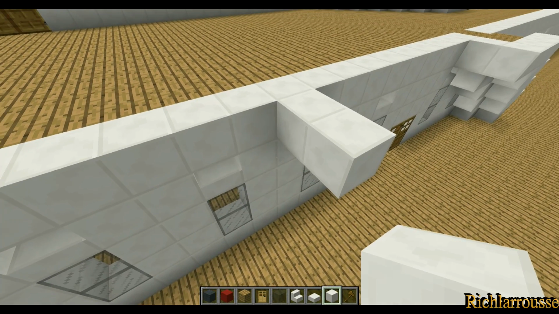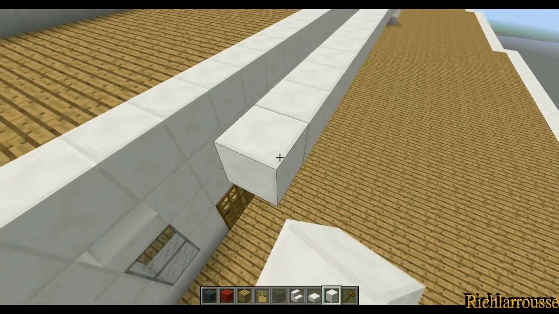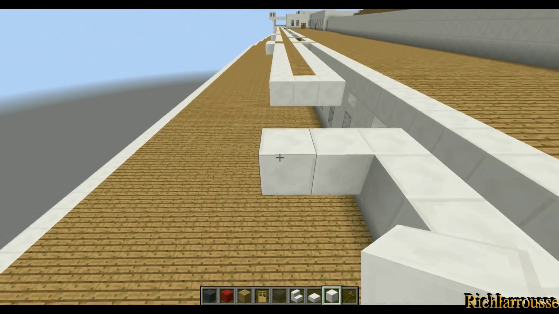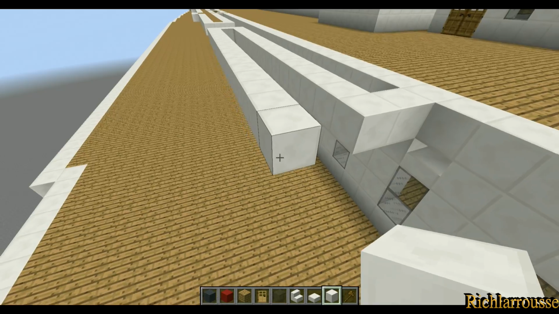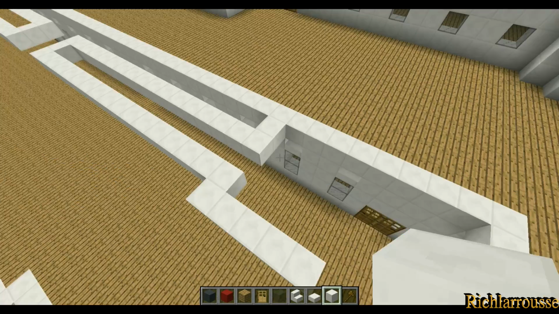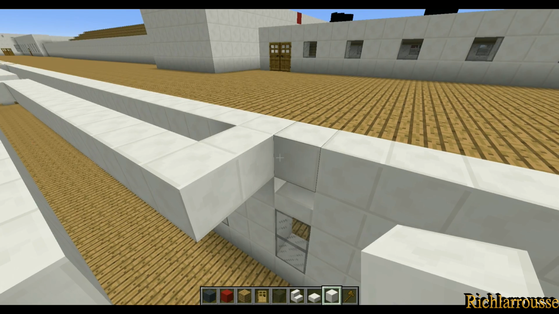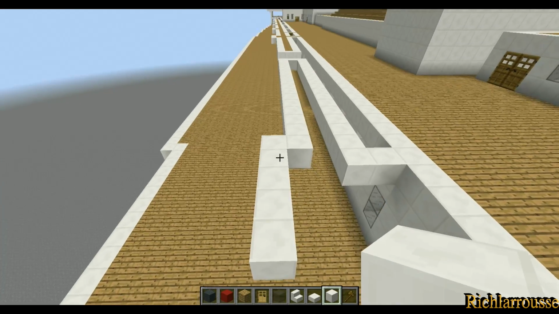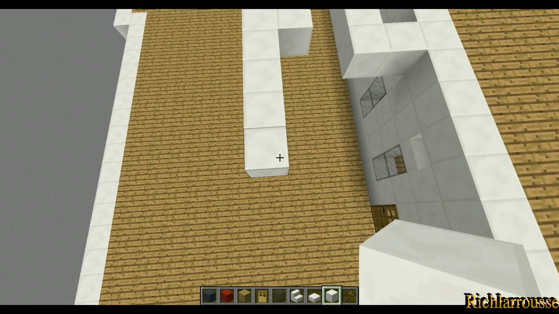And then we want to go forward 16, so 1, 2, 3, 4, 5, 6, 7, 8, 9, 10, 11, 12, 13, 14, 15, 16, and then out 2 again, and then back 16, 1, 2, 3, 4, 5, 6, 7, 8, 9, 10, 11, 12, 13, 14, 15, 16, and then 5, 1, 2, 3, 4, 5, and we'll readjust this in a minute, because I did say 38, so we make it on the 39th then. So remove that one block and then put 2 out there instead, so it just makes it all unison. So it was 16 forward, which makes it 17, 2 out, 16 back, and then we go 5